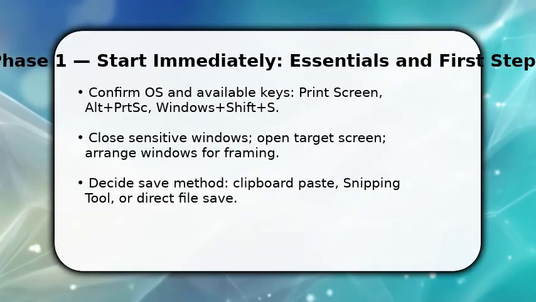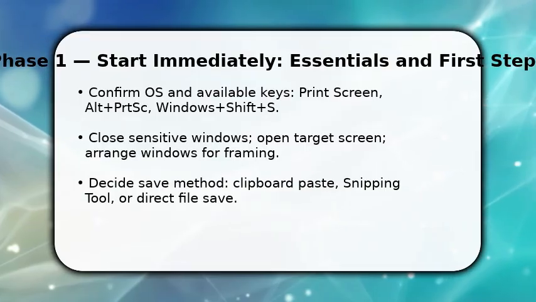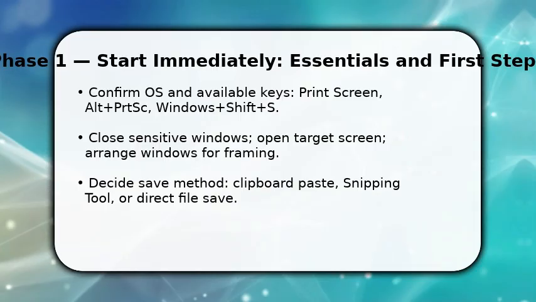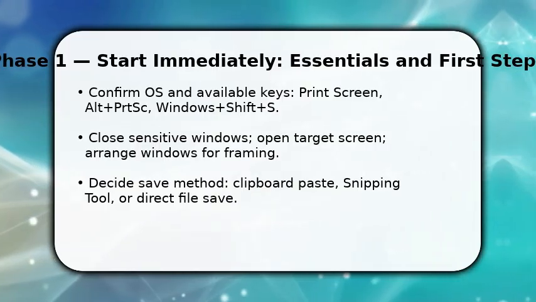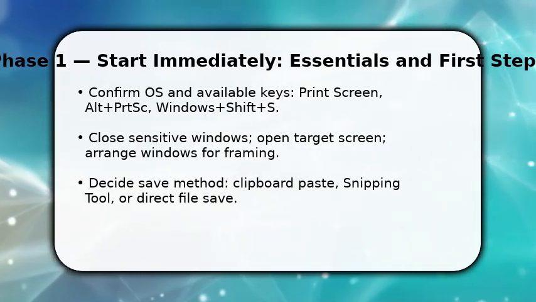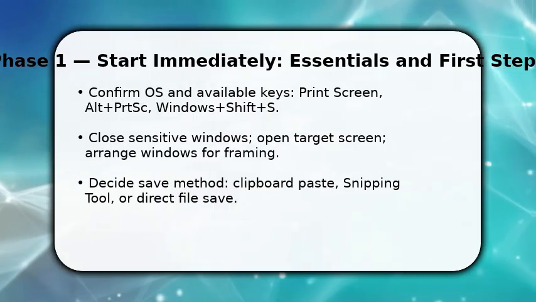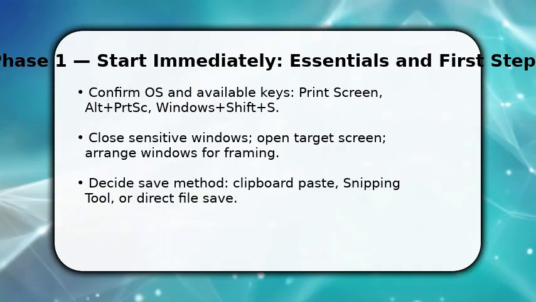You begin by positioning the exact content you want to capture. Make sure menus and windows are arranged. Once done, choose the right key combo for your system. Print Screen copies the full desktop, Alt plus Print Screen captures the active window, Windows plus Shift plus S opens the snip